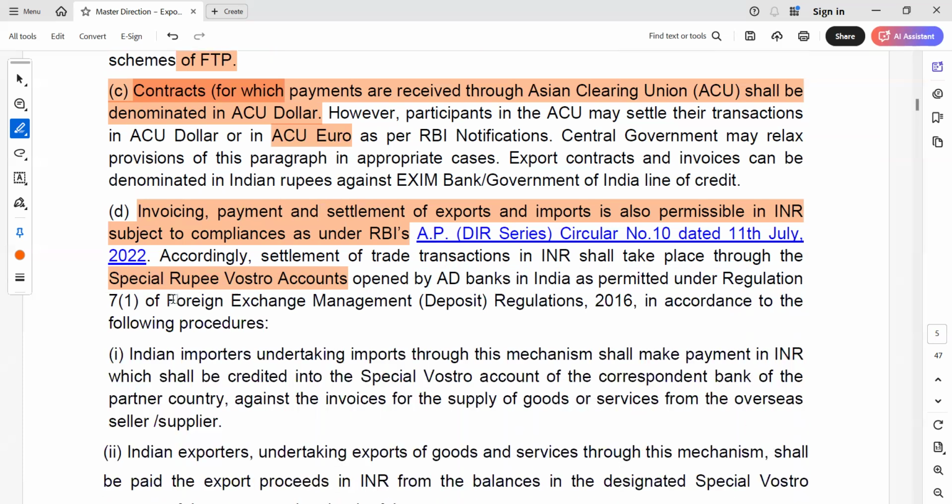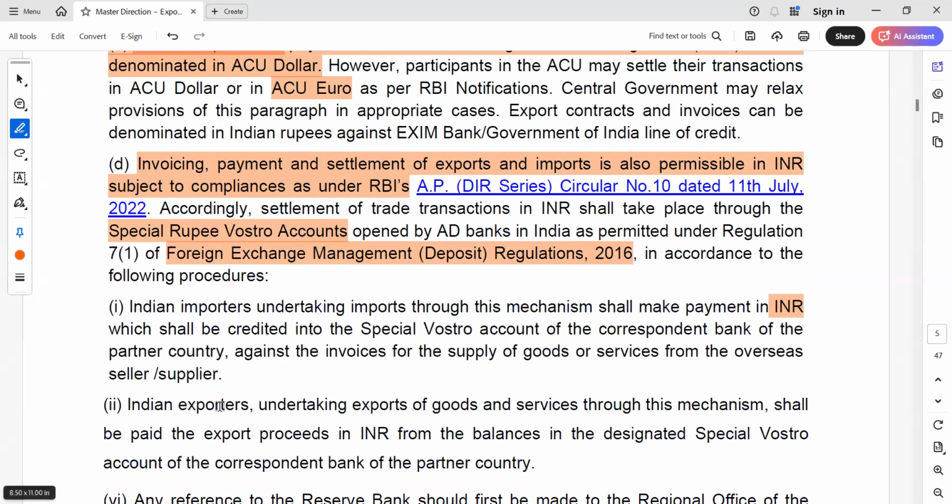they have given under Foreign Exchange Management Department Regulation 2026. Indian importer undertaking import through this mechanism shall make payment in INR, which shall be credited into special Vostro account of the correspondent bank of the partner country against the invoices for supply of goods and services from the overseas seller or supplier. Indian exporters